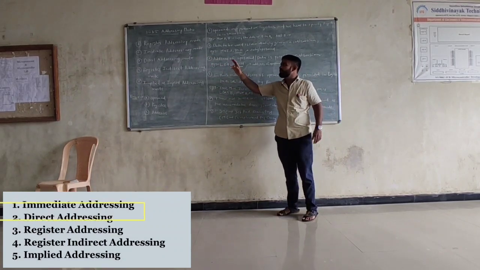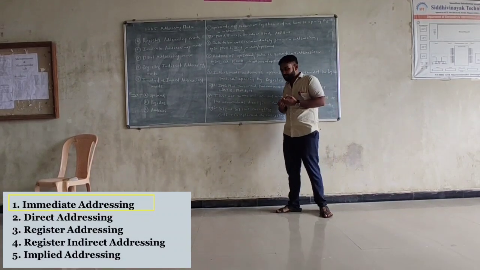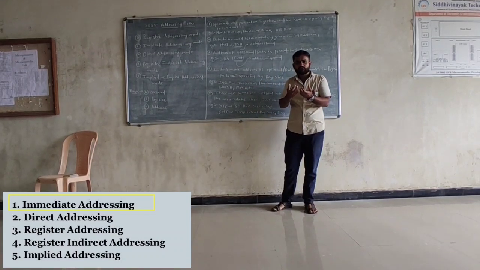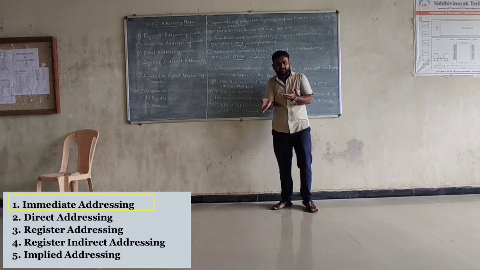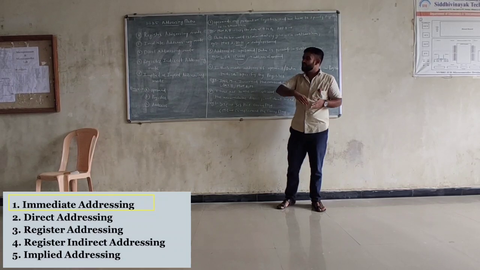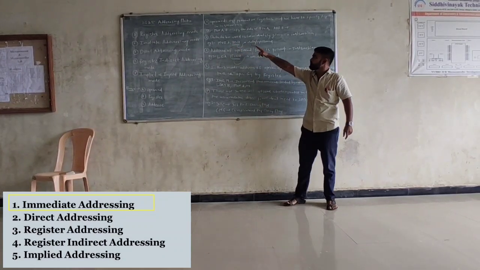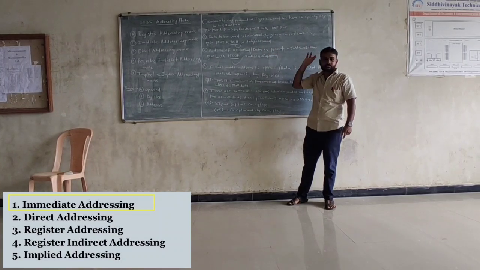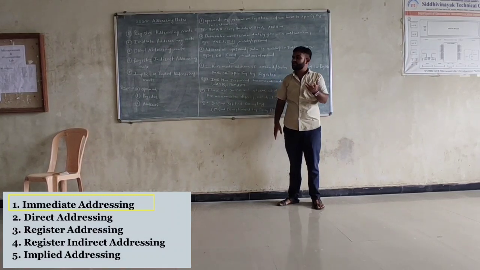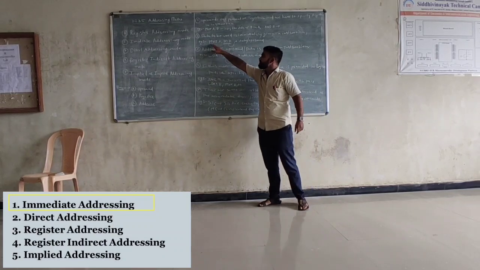Second, we have immediate addressing mode. What is the meaning of immediate addressing mode? Whenever we want to process any data or operand, and the operand is present inside the instruction, directly given in the instruction, that is immediate addressing mode. The data to be used is immediately given in the instruction. Whatever data we have to process is directly given inside the instruction, and that is called immediate addressing mode. The example of that is MVI A.